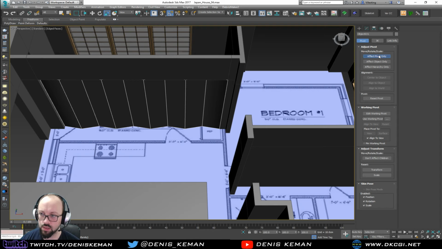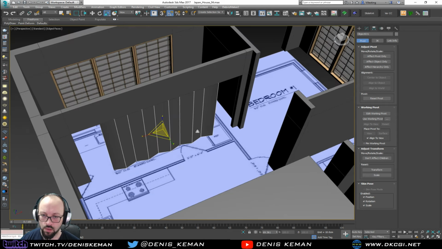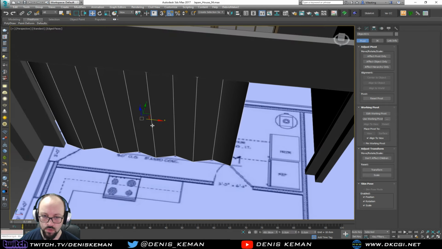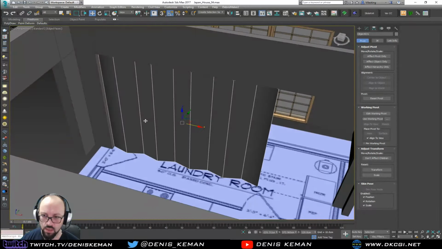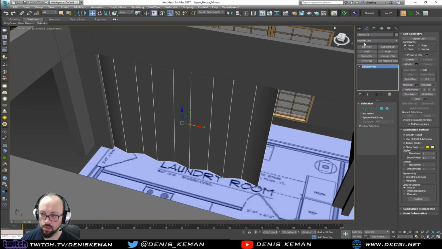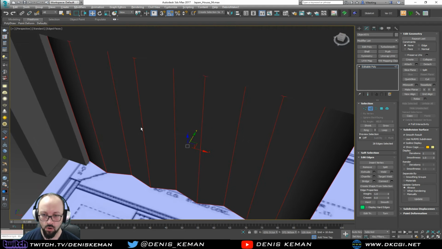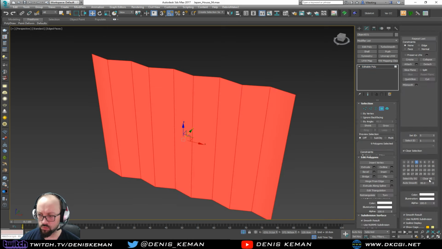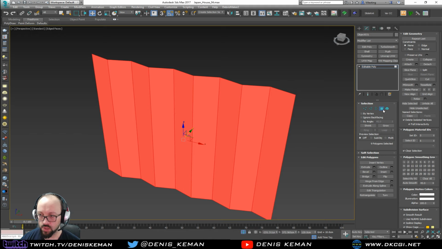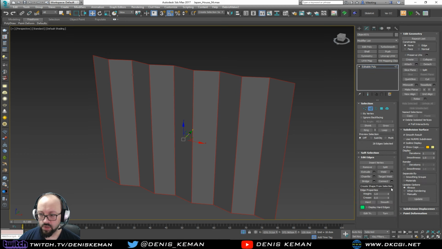Now go ahead, center this like so. Put it here. That's fine. And I'm gonna select everything, so all of the edges. Well, first of all, I'm gonna remove the smoothing groups so I can see this thing better. There you go. Select all of the edges, create a shape from the